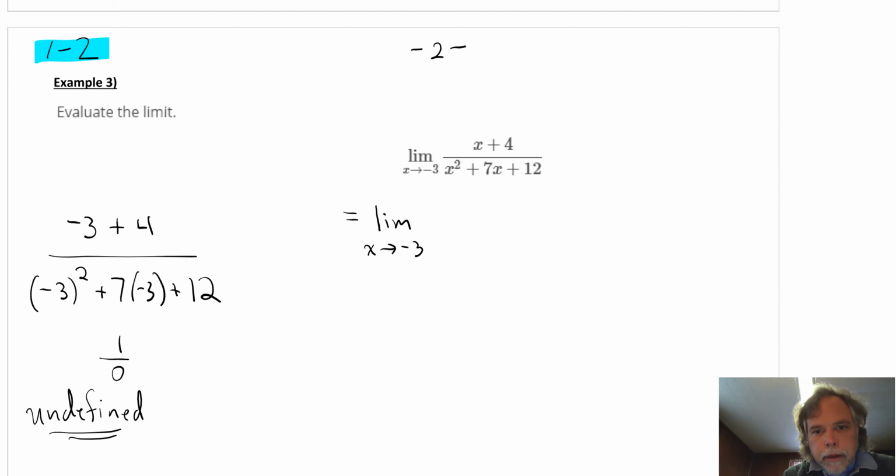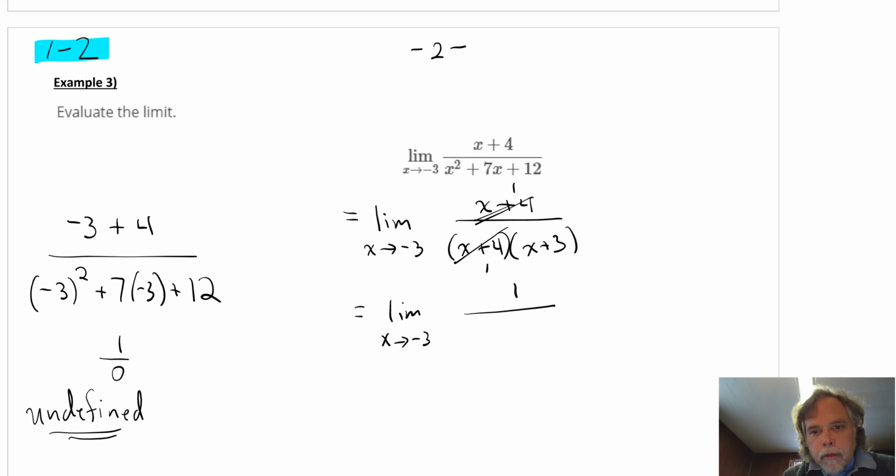So the limit as x goes to -3 of x plus 4 doesn't factor. But in the denominator, we have x plus 4 and x plus 3. And then we can cancel the x plus 4s. Remember, there is still going to be a 1 in the numerator when we do that. So we have the limit as x goes to -3 of 1 over x plus 3. And then we plug in -3